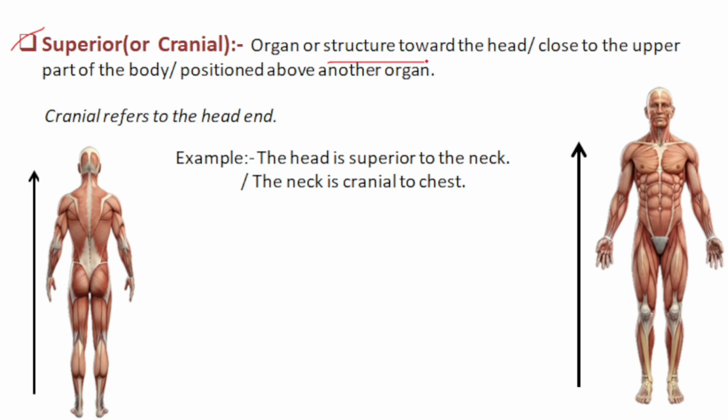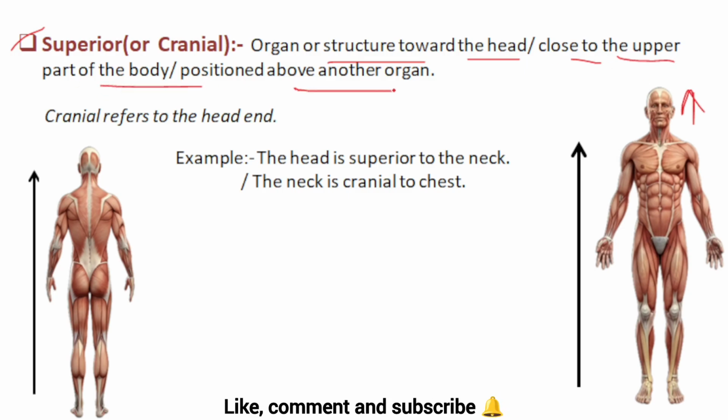Then superior or cranial position. The organs or the structure of a body towards the head is called the superior position or the cranial position, or close to the upper parts of the body is also called the superior, or positioned above another organ is also called superior. So there are three definitions about the superior or the cranial, where the cranial refers to